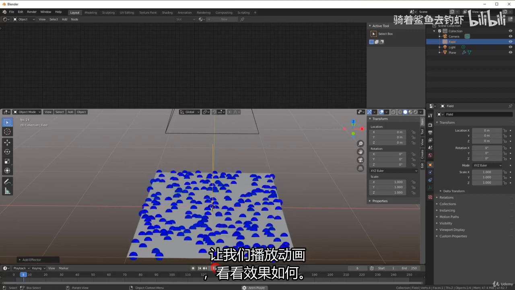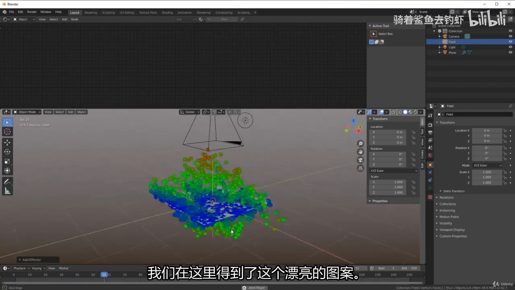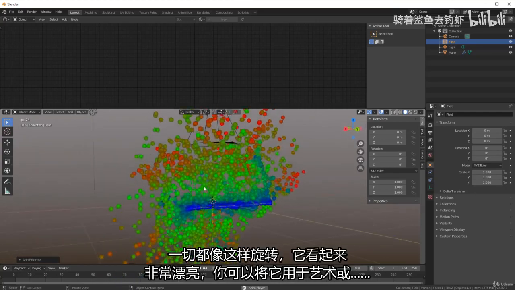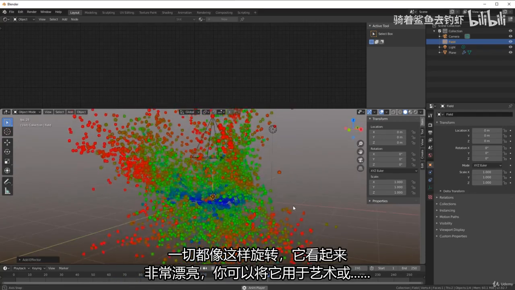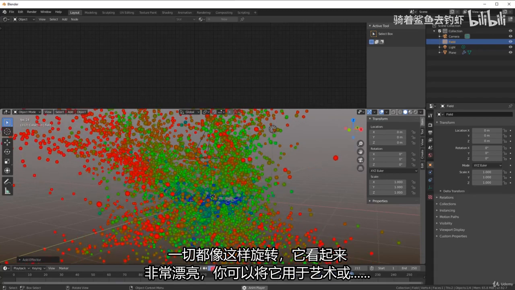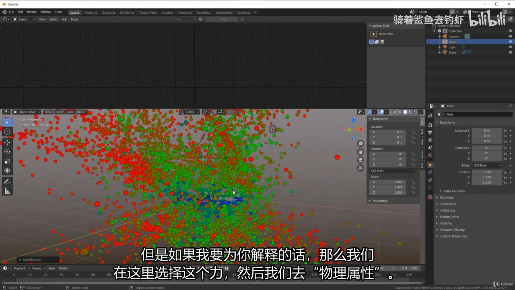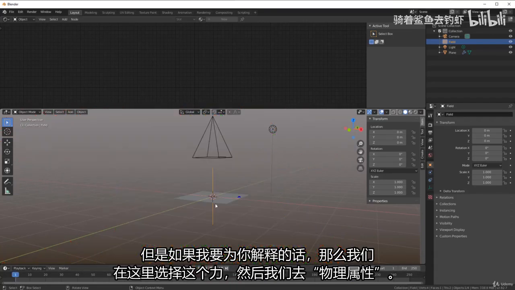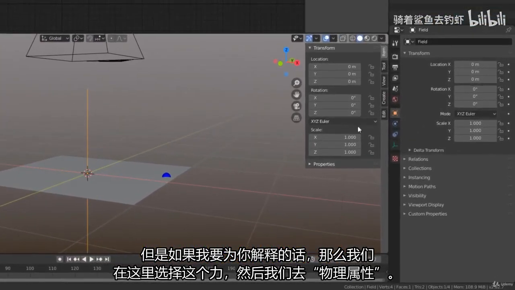Okay, let's play the animation and see how it looks. We get this nice pattern here. Everything is moving around like this, and it looks really nice, and you can use that for art or something else. But if I should explain it for you, then we select this force here, and then we go to